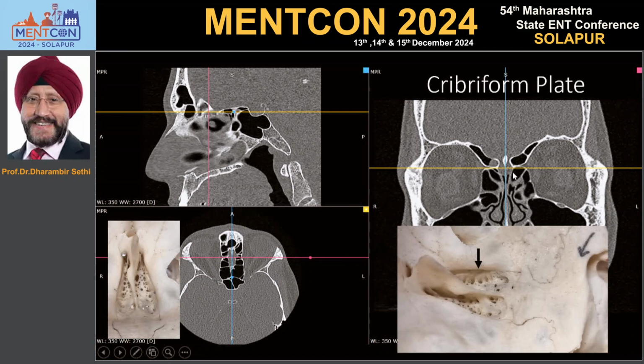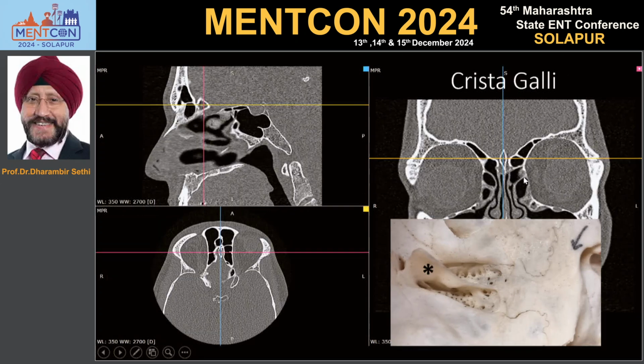And this is the olfactory fossa right here, and this is the lateral lamella of the cribriform plate, this is the medial lamella of the cribriform plate, and this is the olfactory fossa, and this is the olfactory recess. Going here, this is the crista galli, which is also called the rooster's